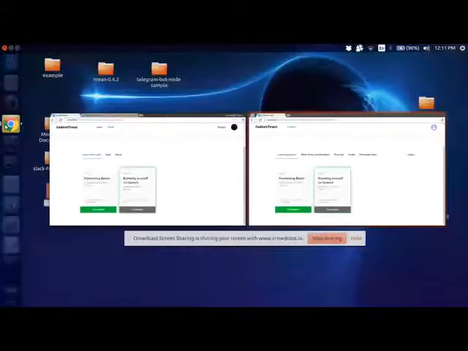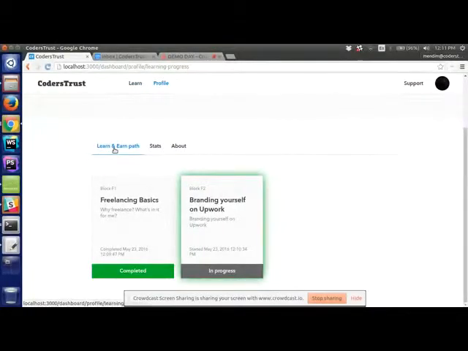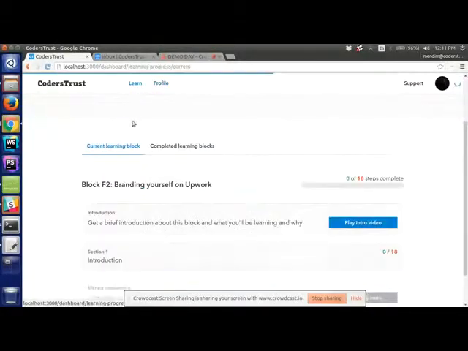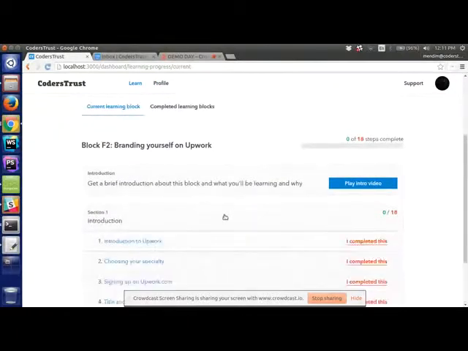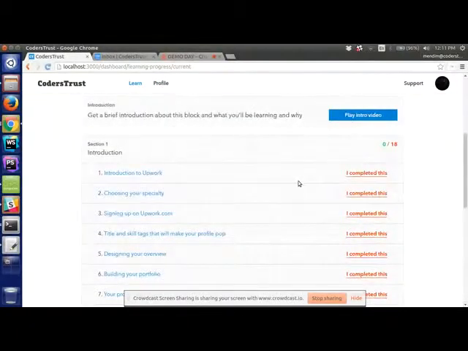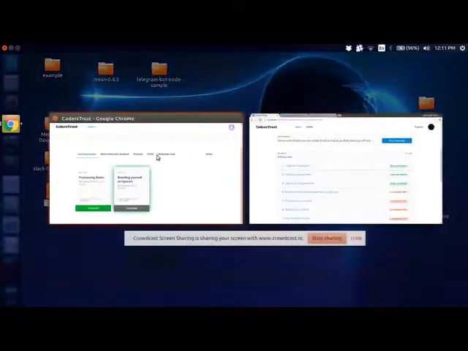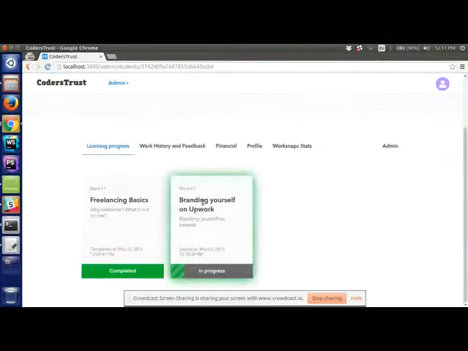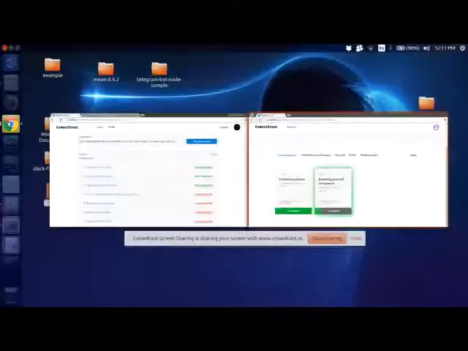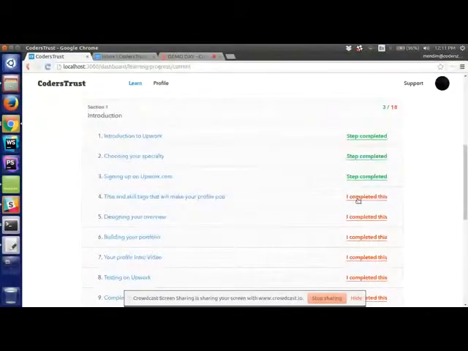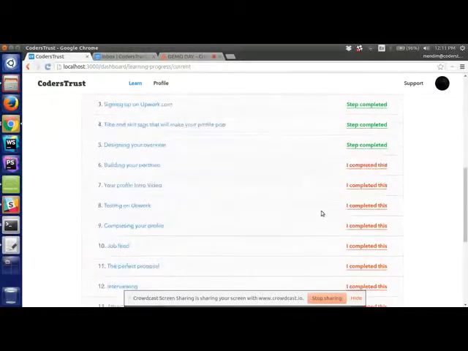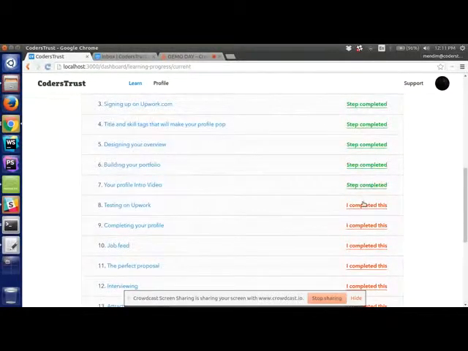So I'm just gonna start. Okay, I'm just gonna complete those steps. It's like in the first block. I'm just gonna complete those steps, and the code mentor can actually see the progress, how many steps they finished. So I'm just gonna complete all the steps for this block.